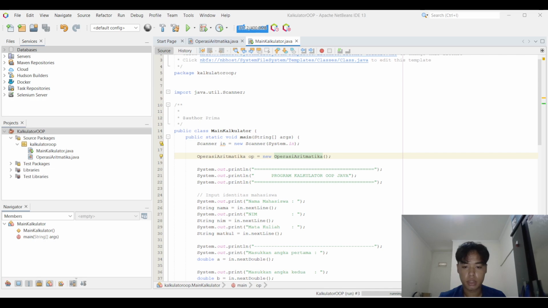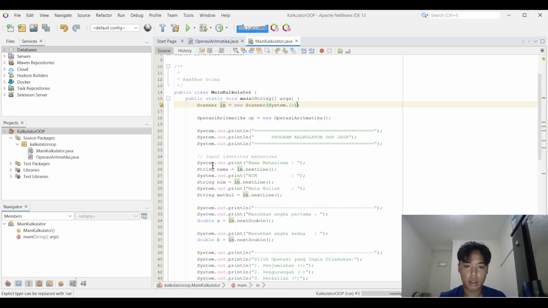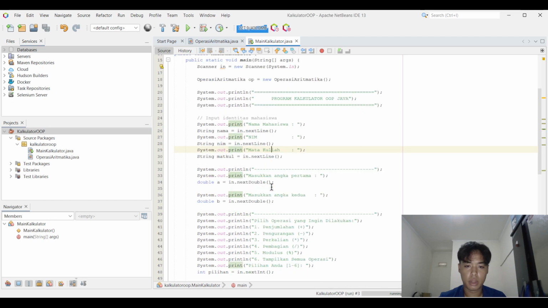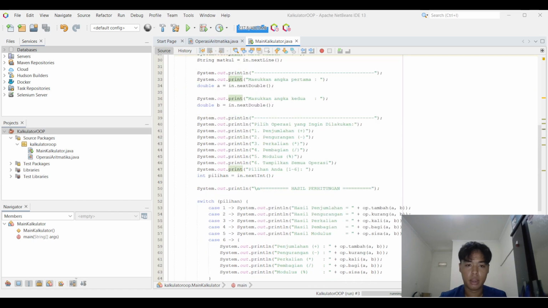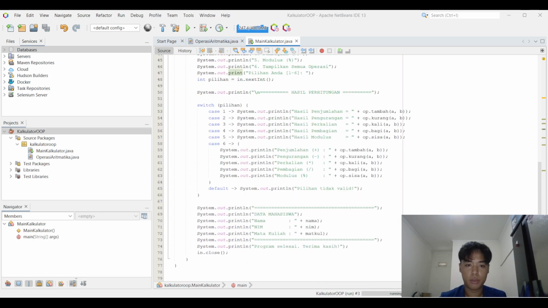In this main class, the user has to input their name, and mata kuliah, and then two numbers to be processed. Then a menu appears with several arithmetic options. In this program, I'm using a switch case.